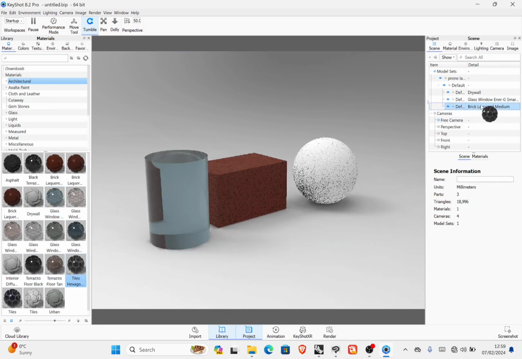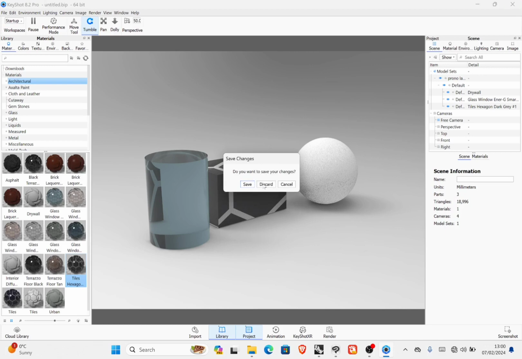The model will take the properties of the material. Yes, so this is a long process for me because if you have so many objects in your scene, it's going to be a very tedious work, and I'll prefer you laying out your layers well in Rhino before bringing it to Keyshot. Okay, let's get back to